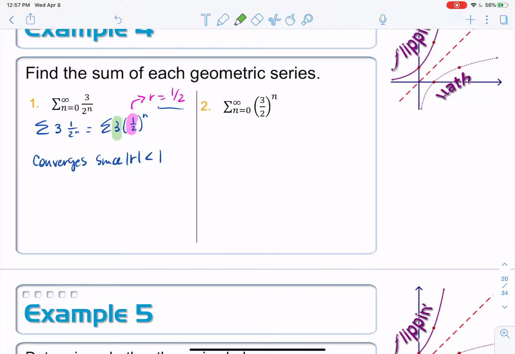All I have to do is plug our 0 into our formula to get the first term. So I'd have 3 on top and 2 to the 0 on the bottom. 2 to the 0 is 1. I get a 3. There's our first term, so our A value is equal to 3. So our sum should be our first term, 3, over 1 minus the common ratio. And now I just simplify it. I get 3 over 1 minus 1/2, which is 1/2, which is equal to 6. Basically multiply the top and the bottom by 2 to resolve that